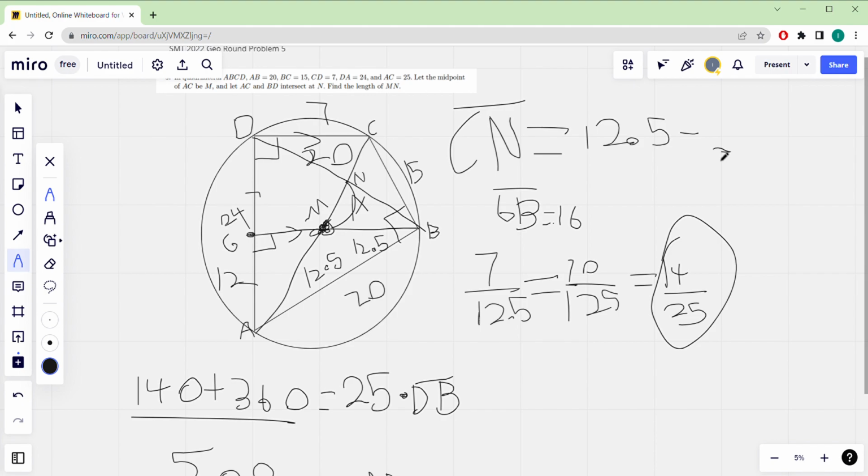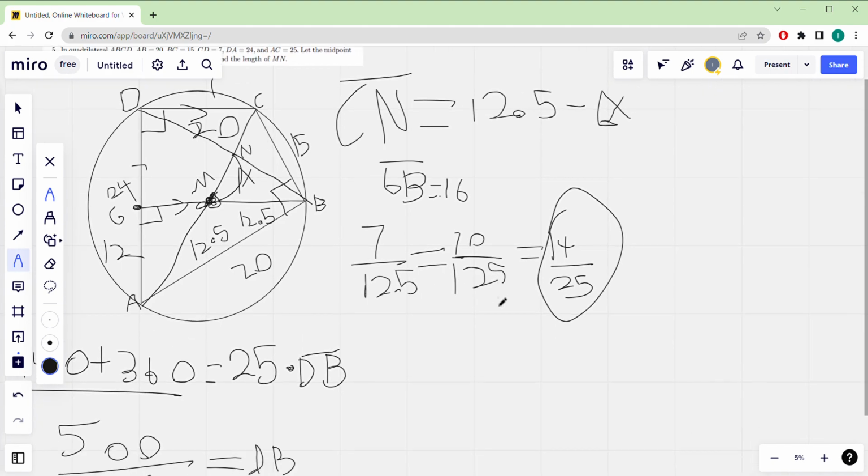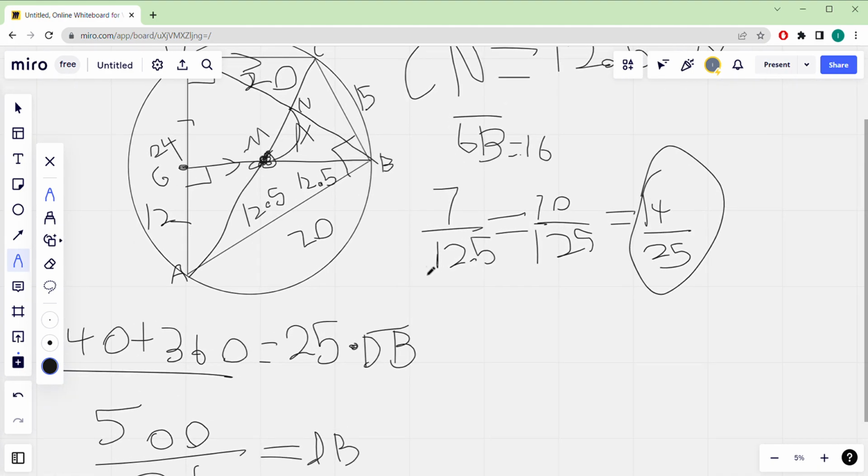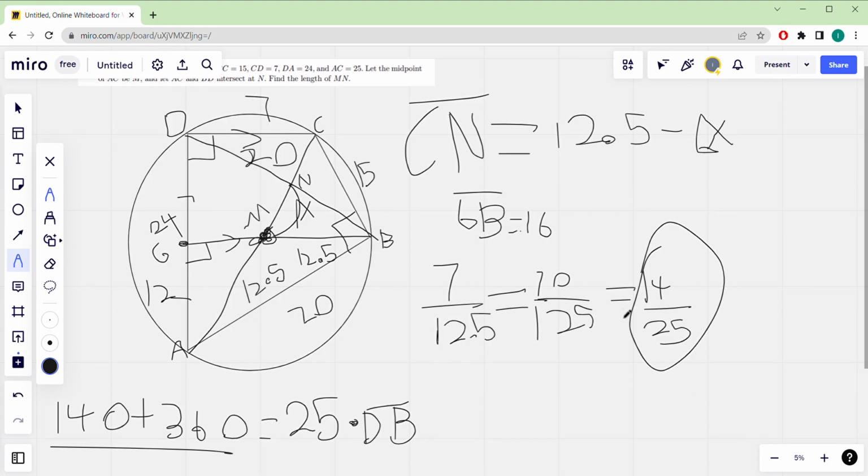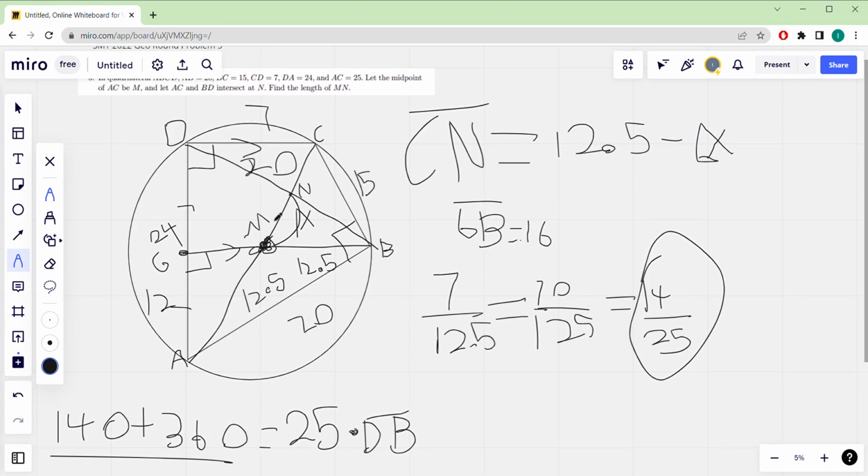And what this tells us is we can use this to set up a system of equations if we know the length of DN and NB separately, because we can just use the power of a point theorem, which states that CN times NA is equal to DN times NB. So we can use that. And the reason why we need to know this similarity ratio, 14 over 25, is that we know this whole length DB is 20,